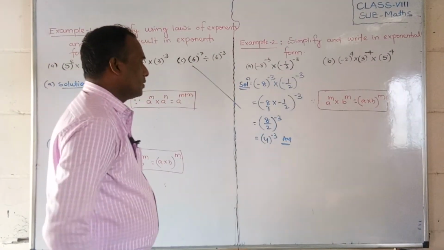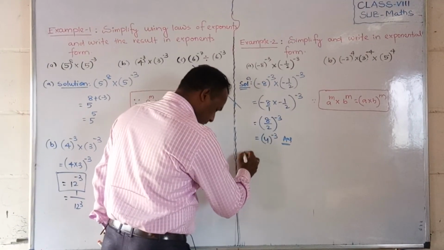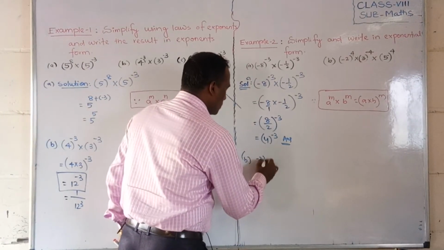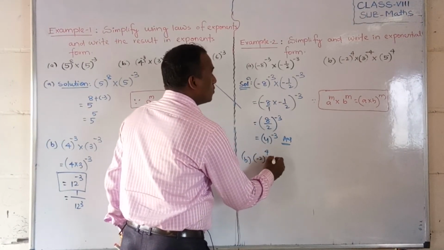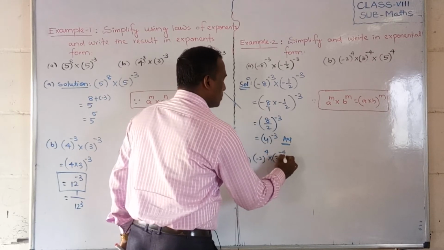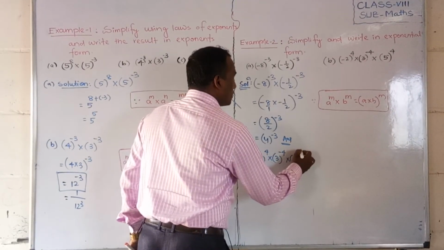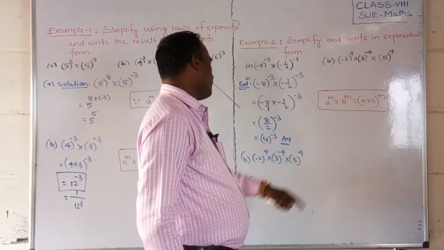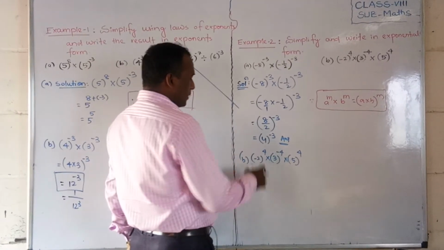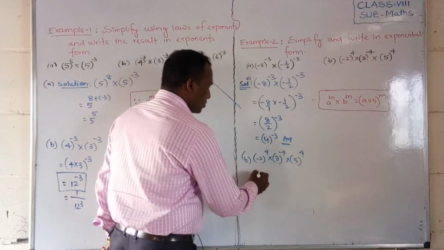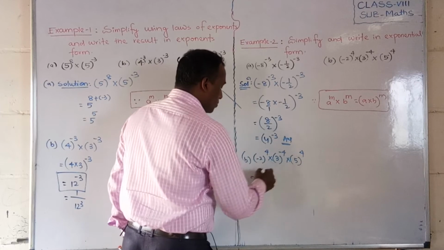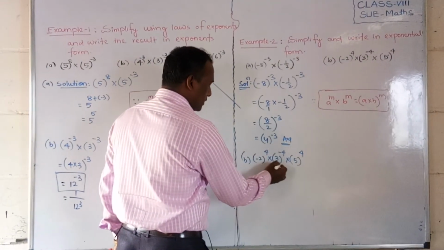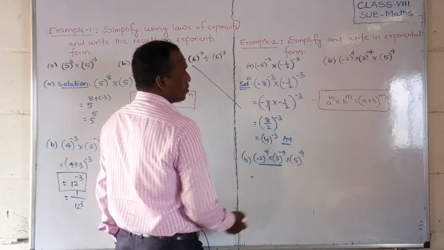Okay. Now the second question, students, we can solve it. What will we get? Minus 2 whole power 4 into 3 whole power minus 4 into 5 whole power 4. Observe, students, these powers are the same in two of them. So now what do you have to do? If the powers are the same, then we can multiply. So first do these two. It is very easy to do that.